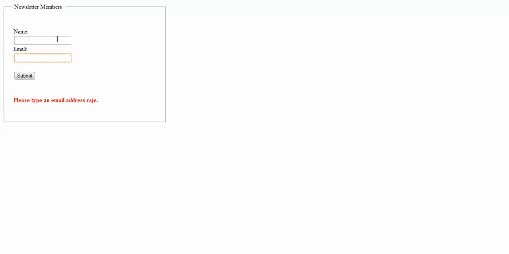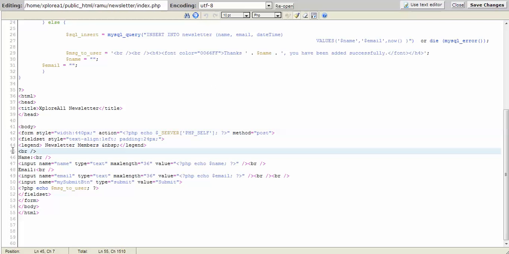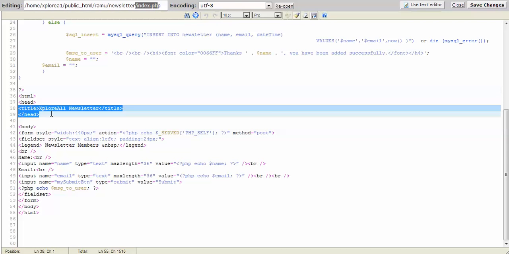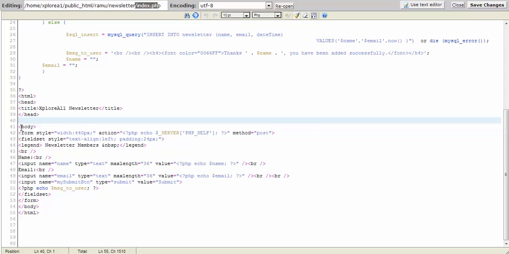First, the front end. All the front end, what you do is design in HTML, right? So you have to write this HTML code for developing this type of form. Let us look at that. I have a file called index.php. Here I have the title, newsletter members, and a body tag, and